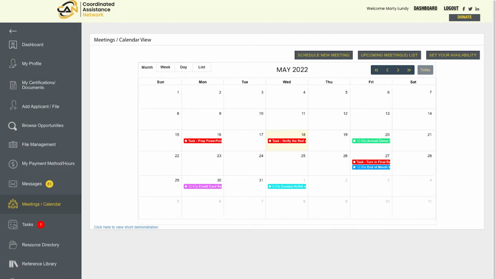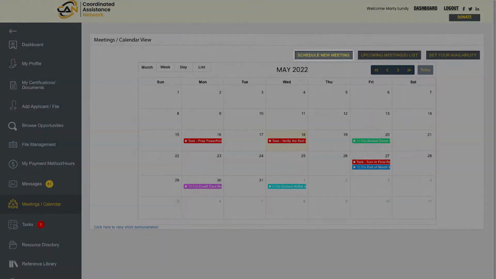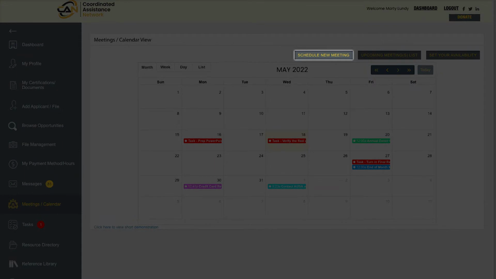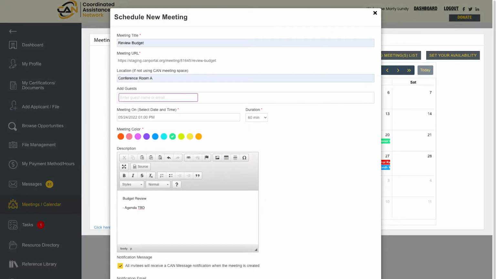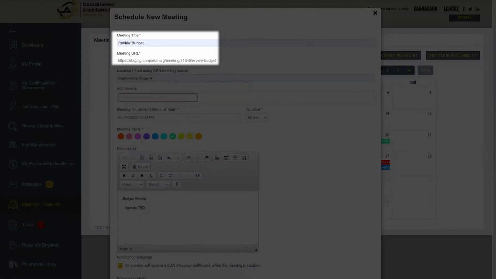To schedule a new meeting or event, click the Schedule New Meeting button, or simply click the date of the event on the calendar to bring up the Schedule New Meeting pop-up. Give your meeting a title. You will notice that the title becomes part of the meeting URL. This is the link to your CAN video chat room that you and the other invitees will use to join